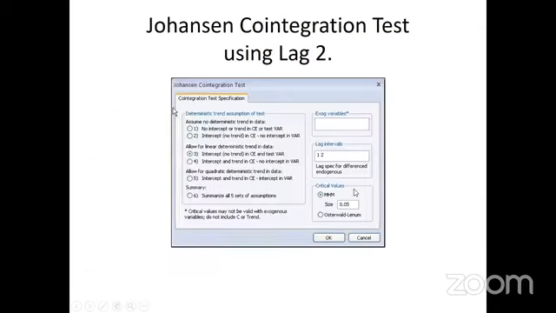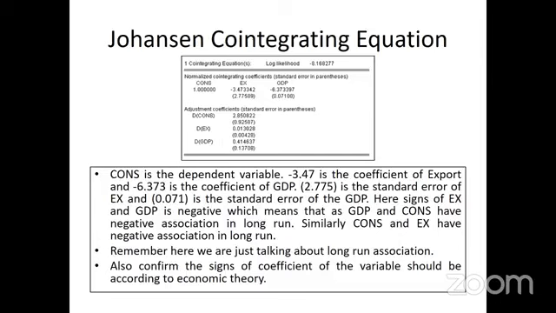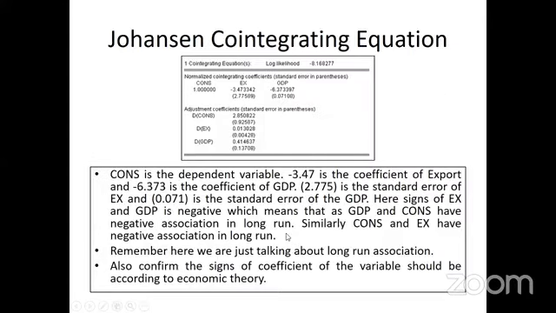So this we have cleared. Now we will have to proceed a little bit ahead. Just scroll a little bit. You will get the Johansen co-integration test. It will be below this. Check it. The co-integration equation will have been generated. Is it there? It will be exactly below it.